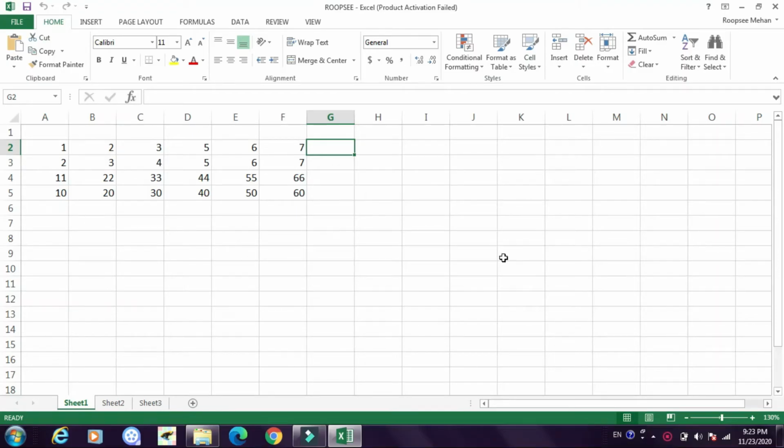Excel 2013 is a program that lets you work with numbers in an organized manner. Previously, we have studied how to enter data and how to select the data. In today's session, we will be learning how to edit the cell contents. So, after you have entered the data in a cell, you might need to change it in some way or the other. So, let's see how we can edit it.